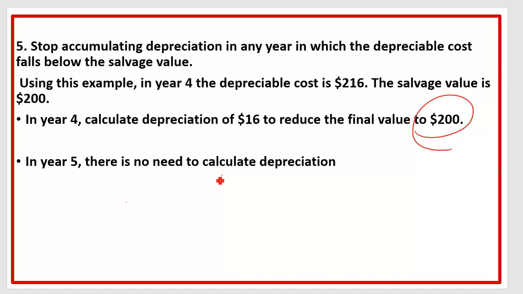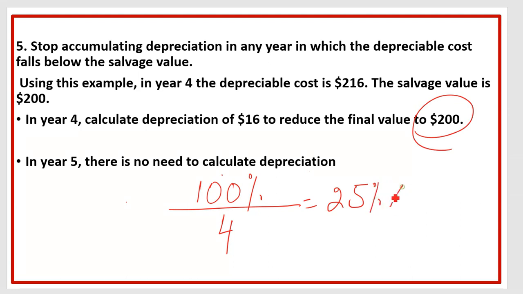So this is called the double declining method. In the double declining method, you always write 100% in the numerator, divided by the number of years. If the useful life of the asset is 4 years, you divide 100 by 4, which is equal to 25. Please do not consider 25%; you have to multiply by 2, because this is the double declining method. Your depreciation rate is 50%.